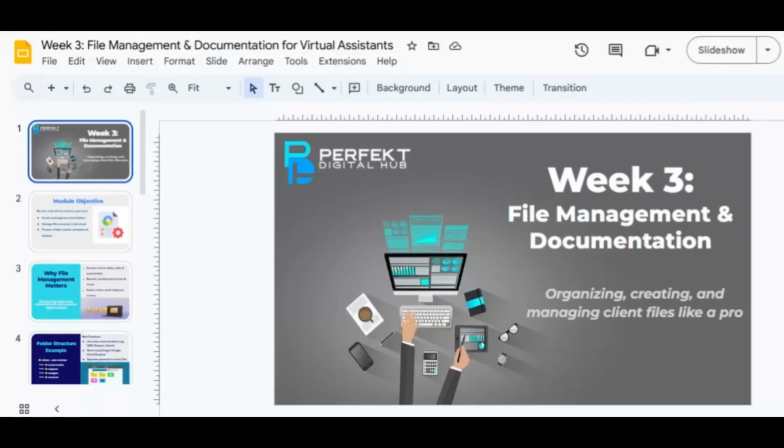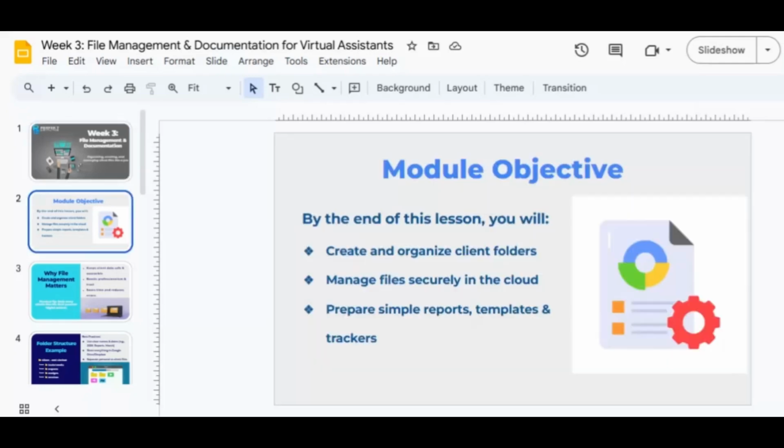Okay, guys. So, week three, file management and documentation. The goal of this week three is that you know how to organize, create, and manage client files like a pro. You learn how to manage client files, create and organize them. By the end of these lessons, you should be able to create and organize client folders, manage files